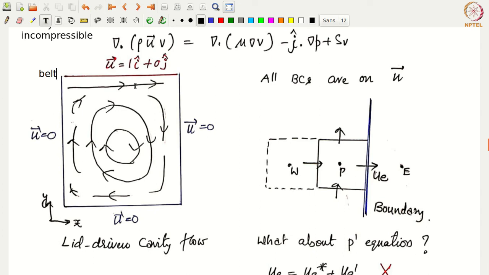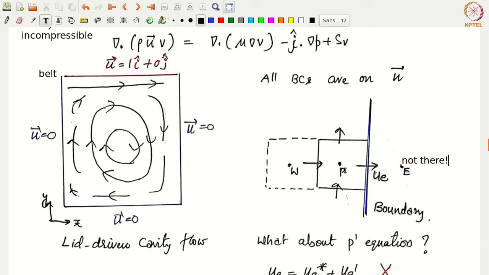Okay, so we have not specified pressure anywhere. What consequences does it have in the solution of the fluid flow equations, or even in the solution that is obtained here? To do that, let us look at one of the cells sitting right next to the right hand side boundary. This is the right hand side wall, and if we have a staggered velocity representation, u east and u west on the faces, v north, v south, and p at the cell center, we don't have this east cell at all, right? This is not there, it is only shown for representation. So you have P and W cells, and this is the primary cell.